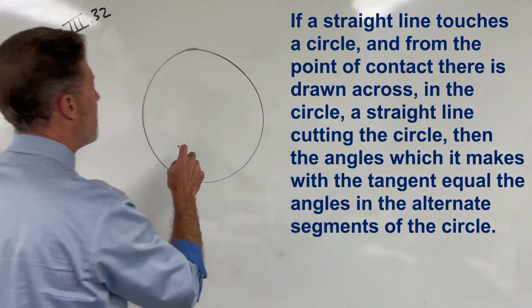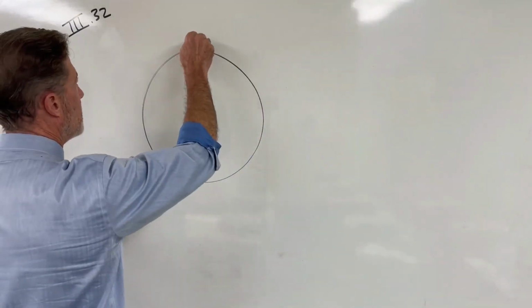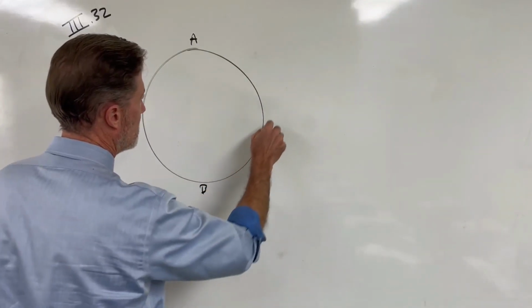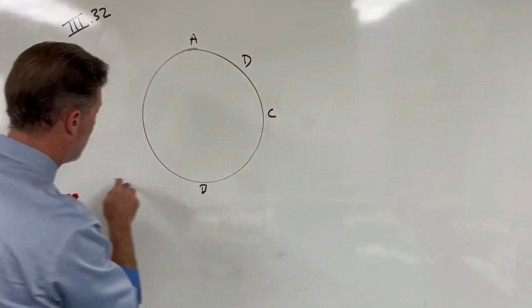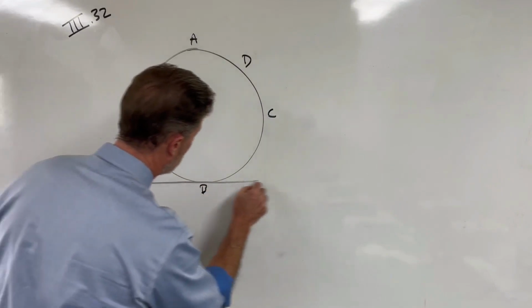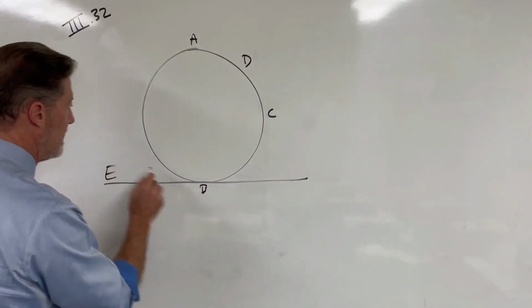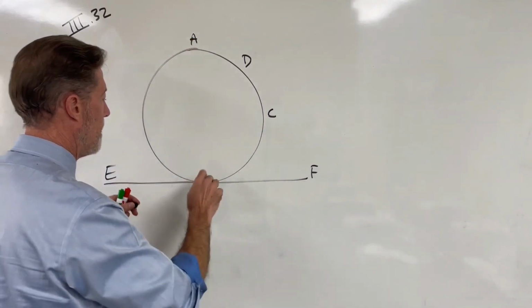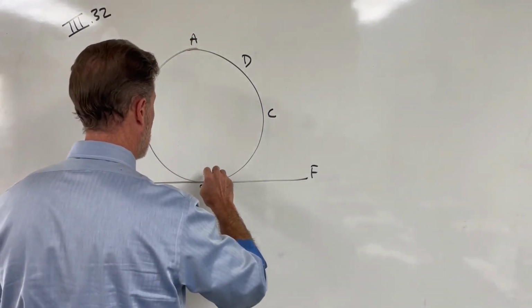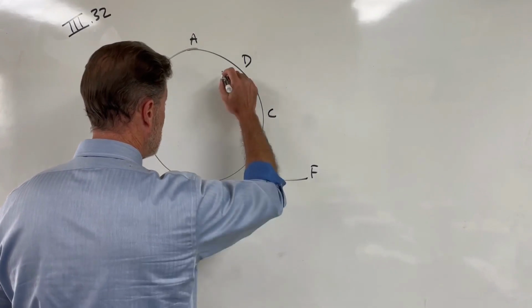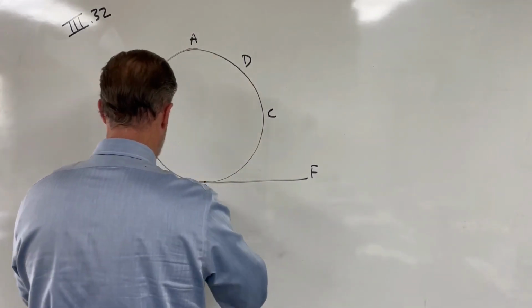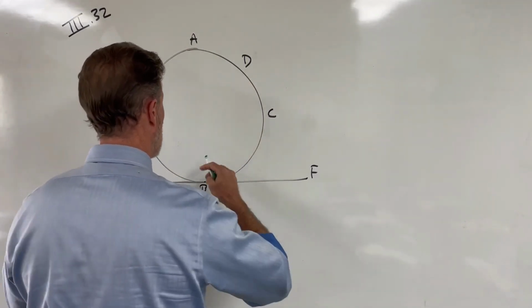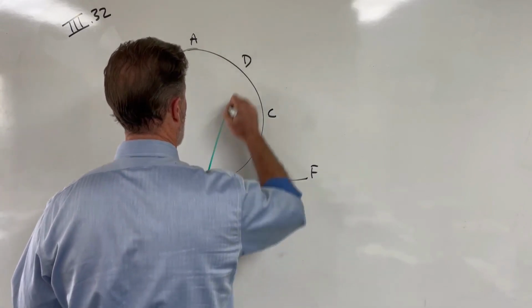So let us have circle ABCD, and let's have a line touching this circle. So line EF touching circle ABCD. And at the point of contact, if we draw across in the circle a line, let's do it in a different color here, cutting the circle. So if we draw BD,